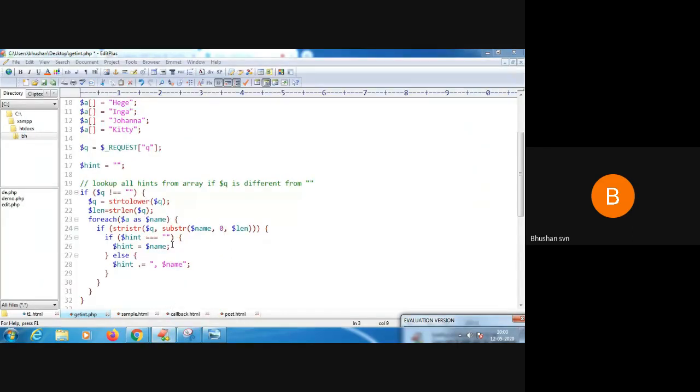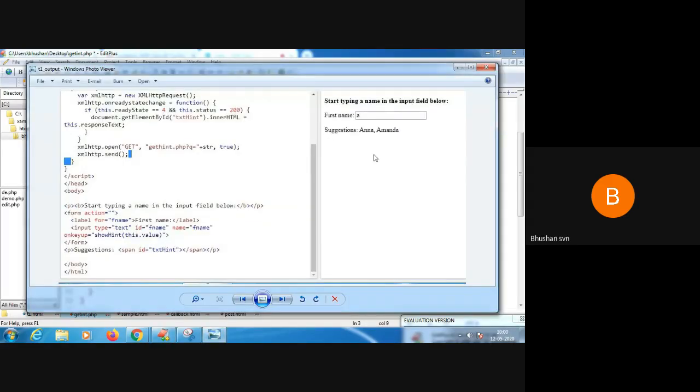Since this scalar name will be assigned to hint, you should know here in the output it is showing two names. That means it has to iterate each array element.